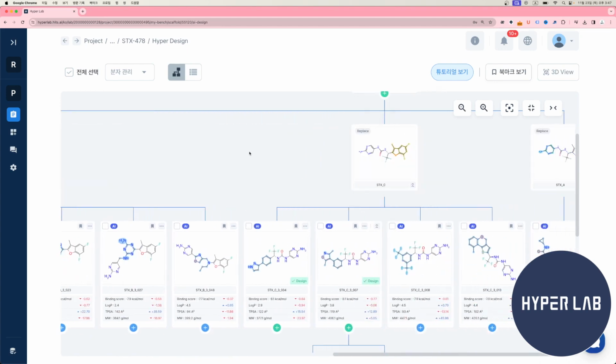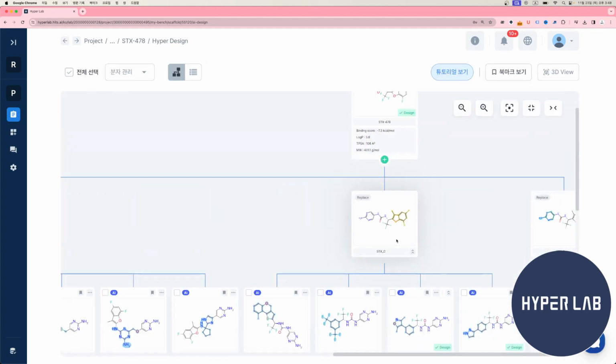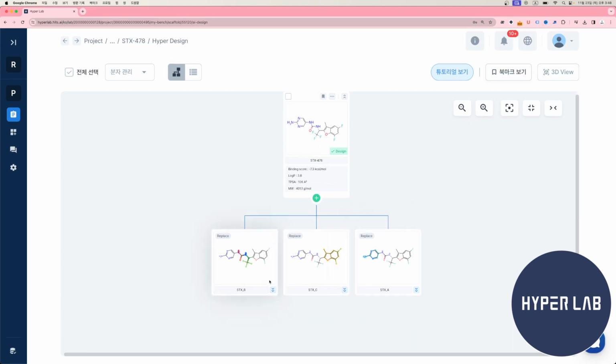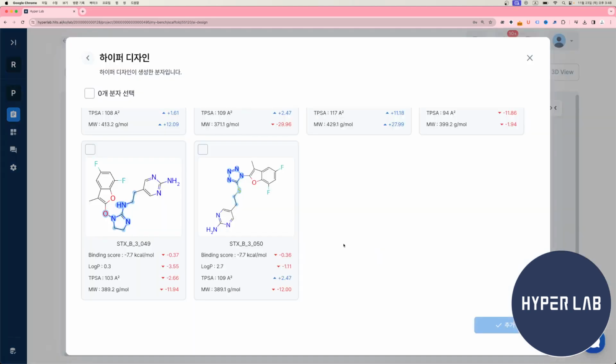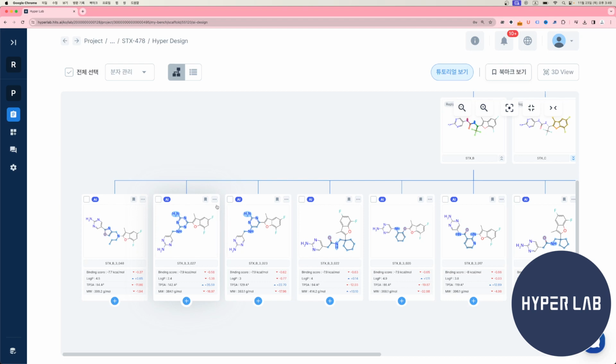You can check it out on the table as well, depending on your preference. If we look at the hierarchy first, I had 3 hyperdesigns with A, B, and C parts. I did all the replace. If you look at Part B first, 50 substances were suggested. As you can see, in the urea linker that we put in before, you can see a new novel fragment with 2 rings connected to it. To see the 3D structure,